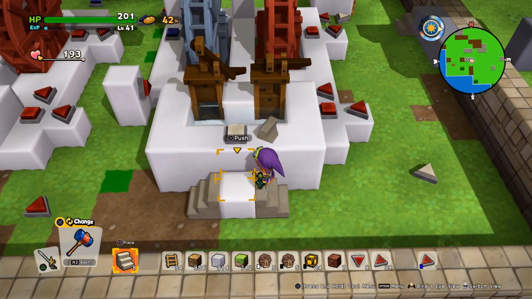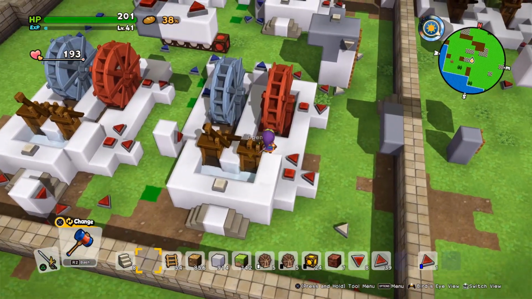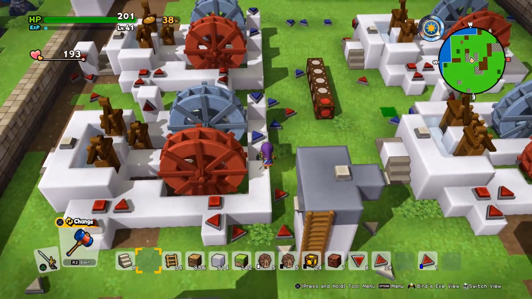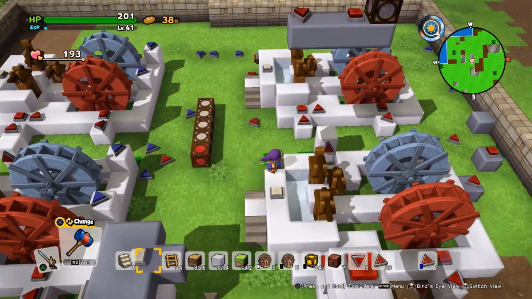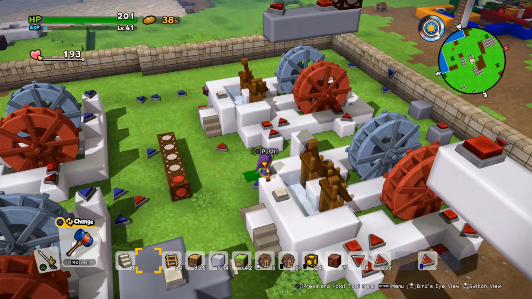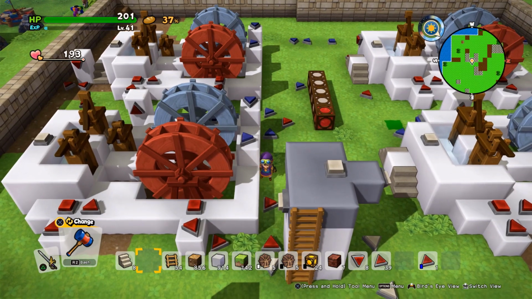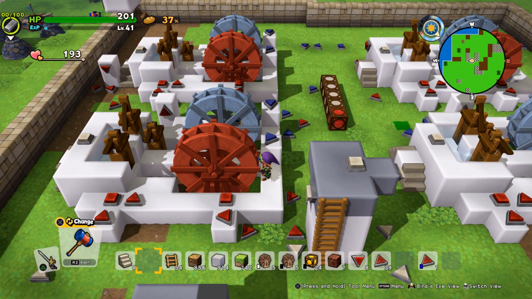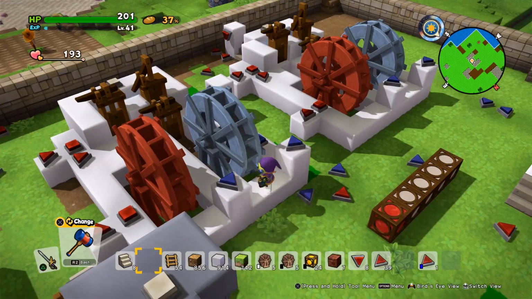Alright, and that presses that white button for the first time. Okay, so the way that these are all chained together is with the blue wheels. The blue wheels trigger the next press of the binary counter. So when I press that white button for the first time, it's going to trigger this red wheel. When I hit it the next time, it'll trigger this blue wheel, and the blue wheel is going to